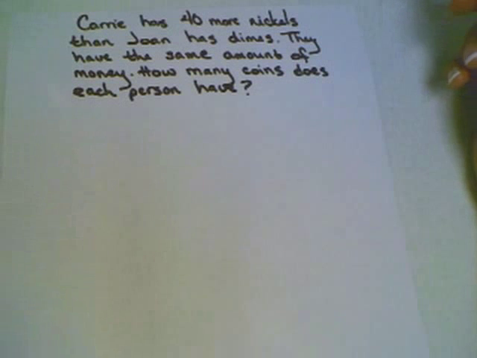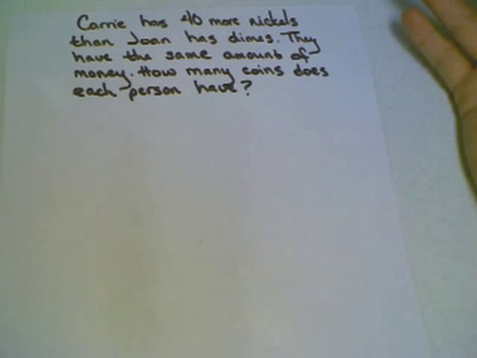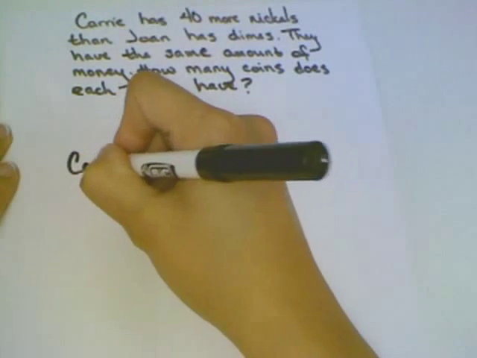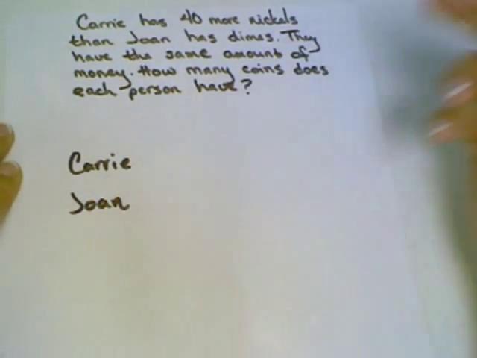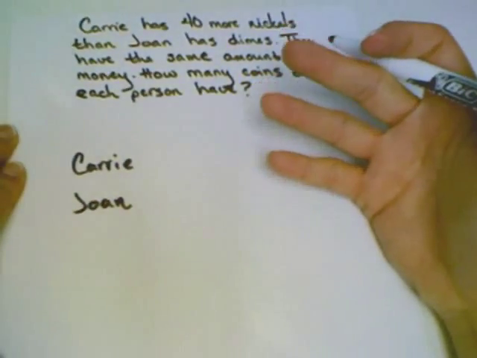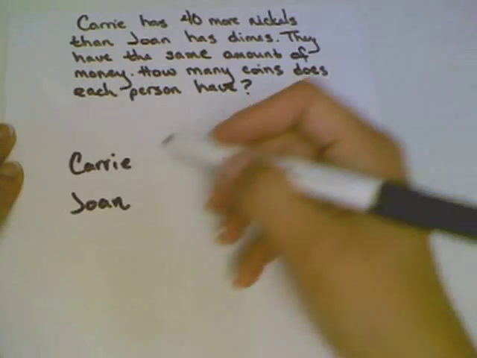Carrie has 40 more nickels than Joan has dimes, but they each have the same amount of money. How many coins does each person have? Now, in this situation, Carrie only has nickels, and Joan only has dimes. And my first way that I would try to solve this problem, if I really don't know much,